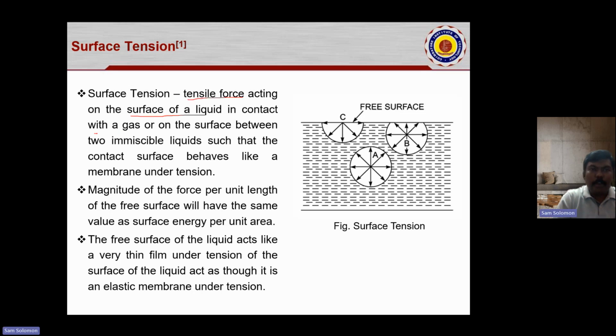which is in contact with a gas or on the surface between two immiscible liquids such that the contact surface behaves like a membrane under tension. So basically, it is going to be a tensile force where the liquid interacts with the gas surrounding it, or it is going to be between the surface of two immiscible liquids. When we say immiscible liquids, they are not going to mix with each other, something like water and